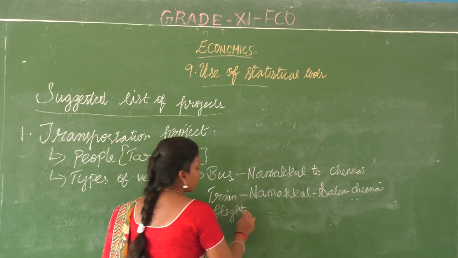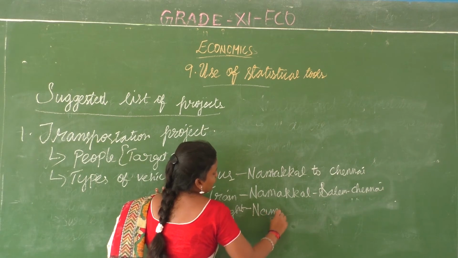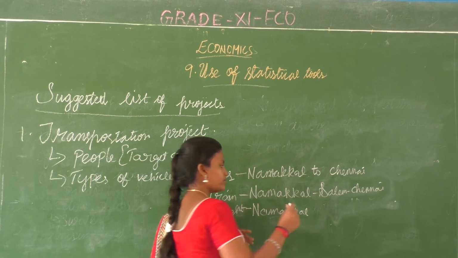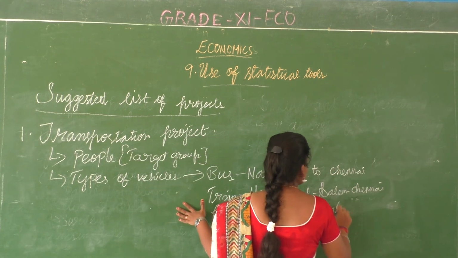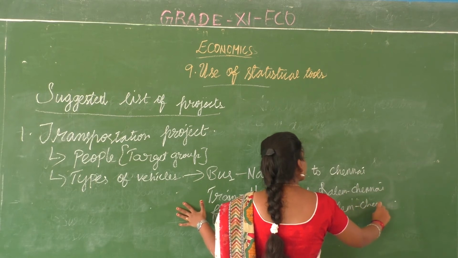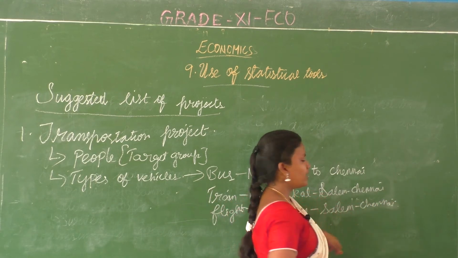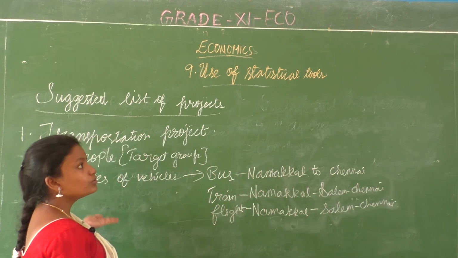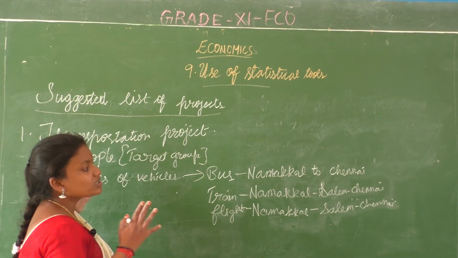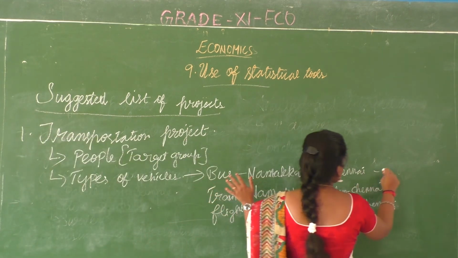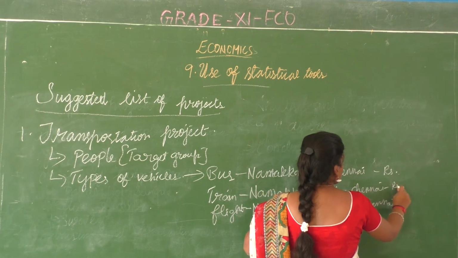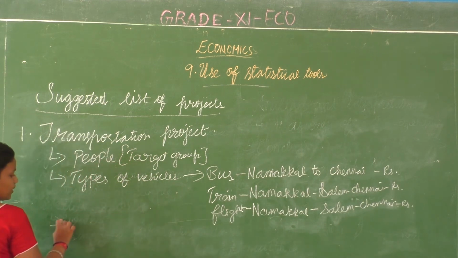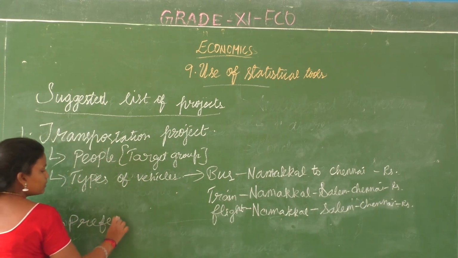train. And when you talk about flight, you have only one option, the easiest. I am talking about the closest one. You have Trichy, all these things, but still I am saying the closest one. You go to Salem and from Salem you board a flight. So these are our options. Then you can talk about what are the charges by this transportation. What are the charges? Then what are the preferences of people?